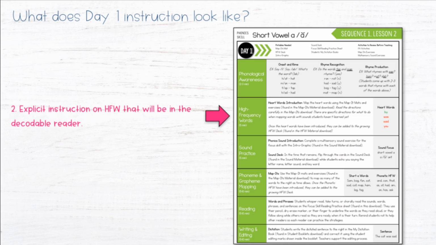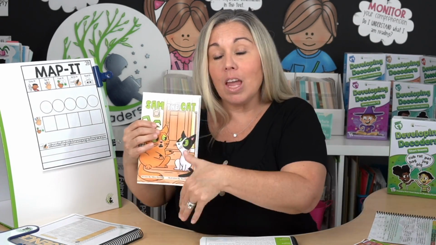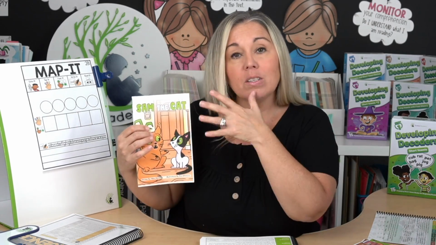So now one thing I want to mention is that when you are teaching high frequency words, you need to explicitly teach them. It's not just a matter of memorizing high frequency words. We want to explicitly teach the high frequency words that the students are going to find in their decodable reader. So important. We want to teach the skills that they will then practice in the books and passages that you give them. So whatever high frequency words you're teaching explicitly, they need to be in the book that you're reading